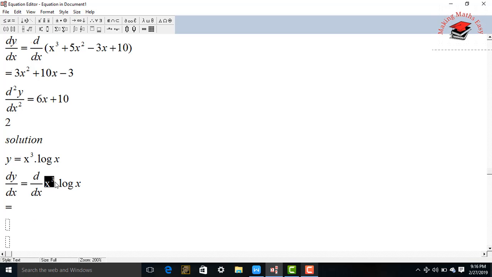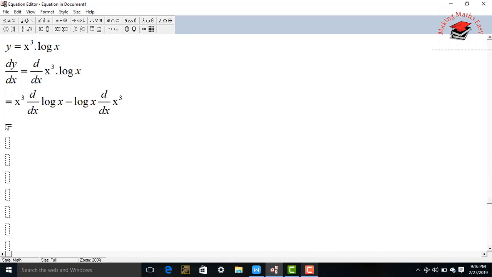So x cube into d upon dx of log x in this case, because x cube is my u and log x is my v, and log x into the derivative of x cube. So we have used the UV rule in order to differentiate the corresponding function. Now let's apply the derivatives. We will write x cube as it is and differentiate log x. So x cube multiplied by the derivative of log x. The derivative of log x is equal to 1 upon x, which is 1 divided by x, and then